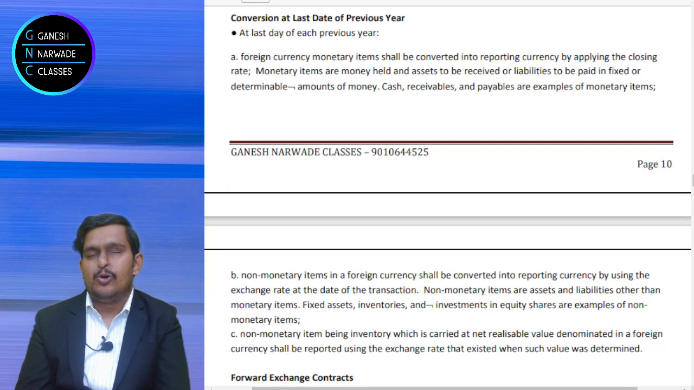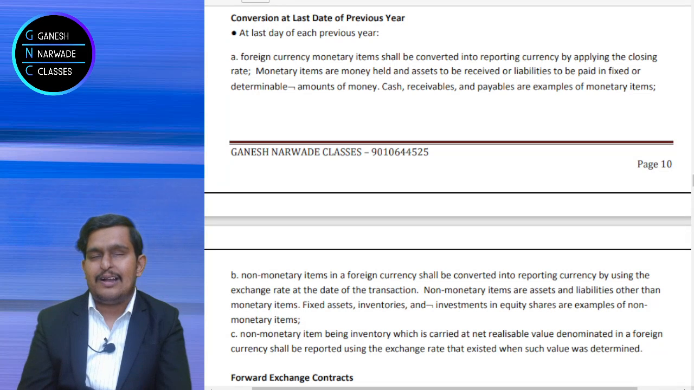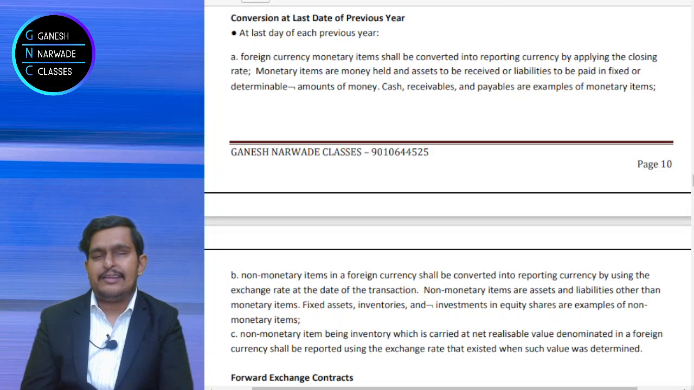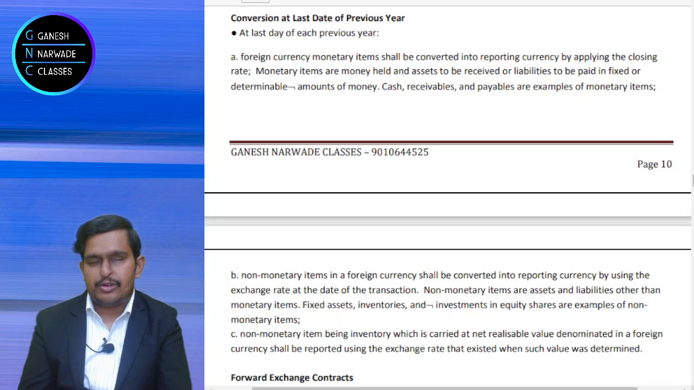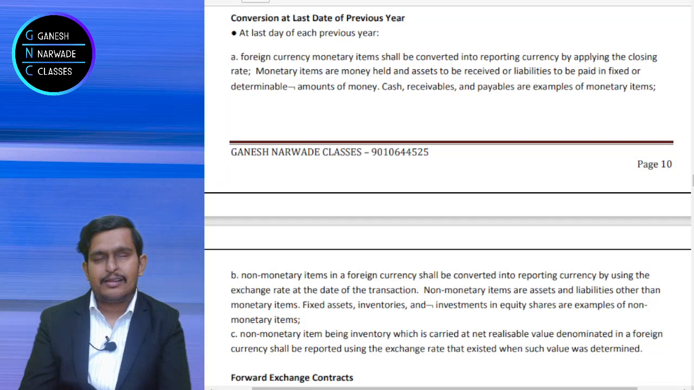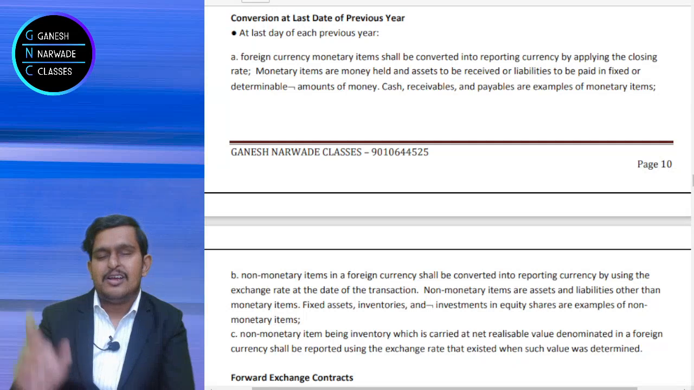Now, what to do on the date of the balance sheet? When we prepare the balance sheet on 31st March, how to record? Assets are classified into two categories: one is monetary items and the second is non-monetary items. Monetary items are like cash, bank, debtors, bills receivable, bills payable, creditors. All these are